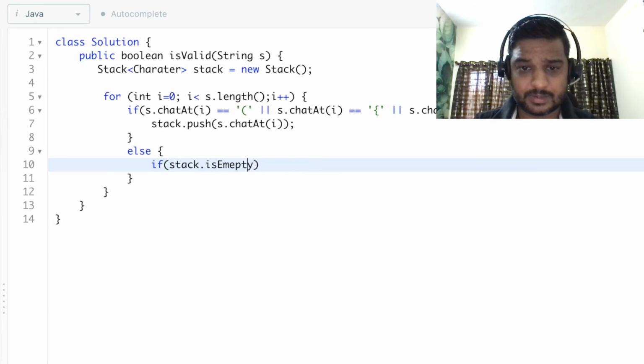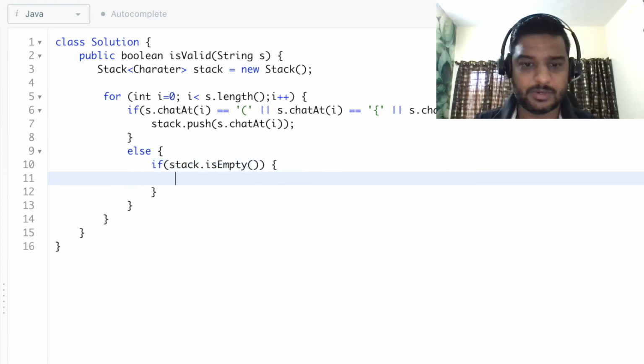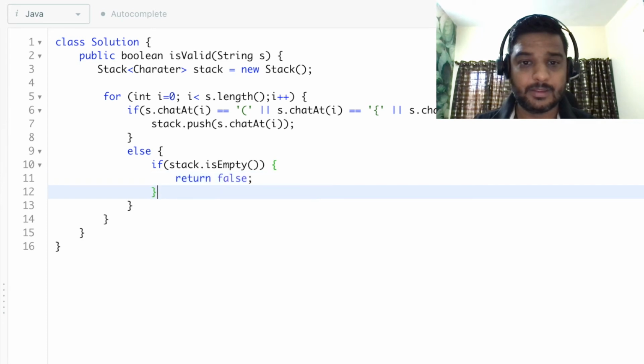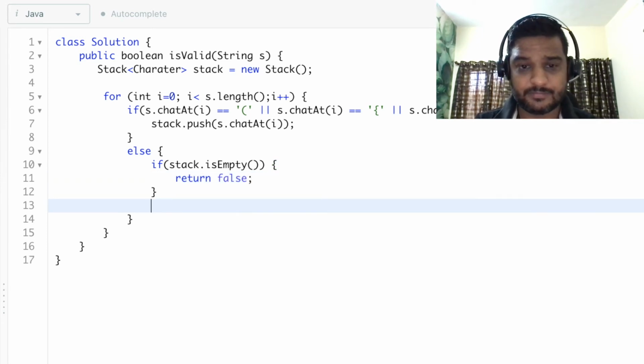If it is empty, then we can simply return false. That means we have a closing parenthesis, but we don't have the opening parenthesis corresponding to it. Otherwise, we can check which character we have.